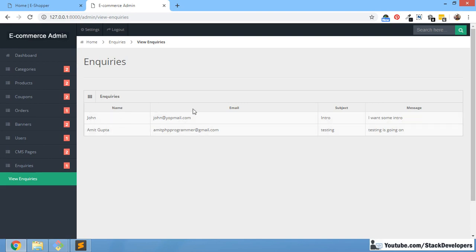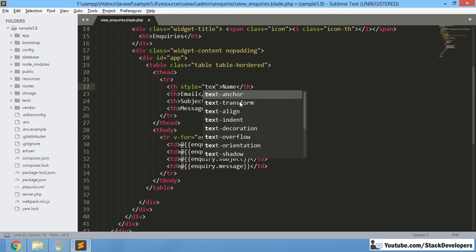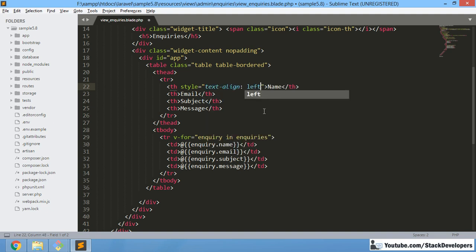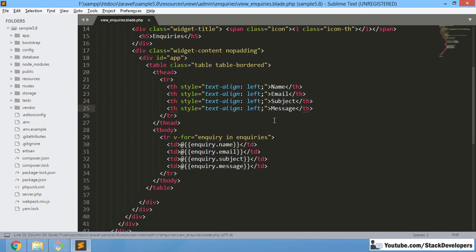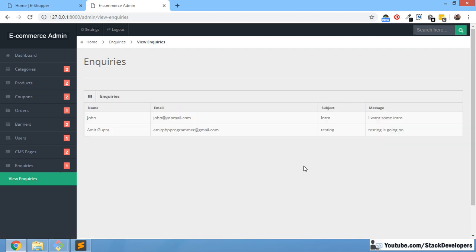Okay, so this one we can bring at the front, name, email, and for that we are going to do style for all, or you can do it with css as well. Okay, so here I'm going to do like this, text-align left for all the items here like this. Okay, and now see, we are able to fetch the data